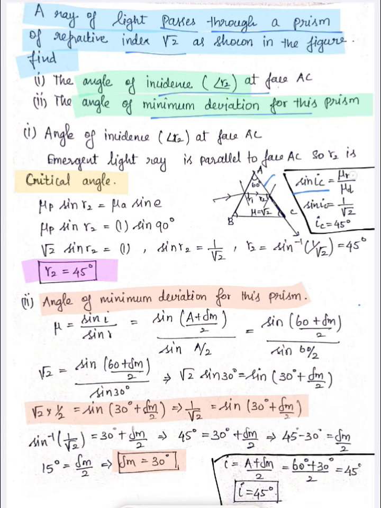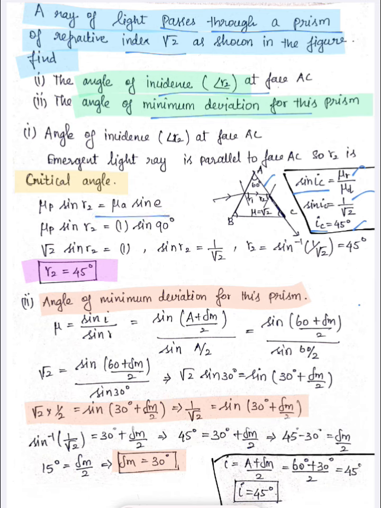We know sine of critical angle equals mu rarer by mu denser. Mu rarer is the air medium and mu denser is the refractive index of the prism, which is equal to 1 by √2, so the critical angle equals sine inverse of 1 by √2, which is equal to 45 degrees. So this is the angle of incidence at face AC, or by using Snell's formula at surface AC we